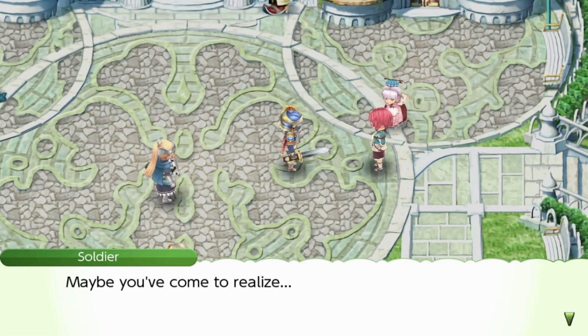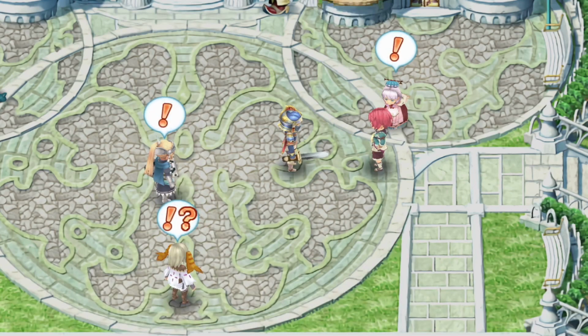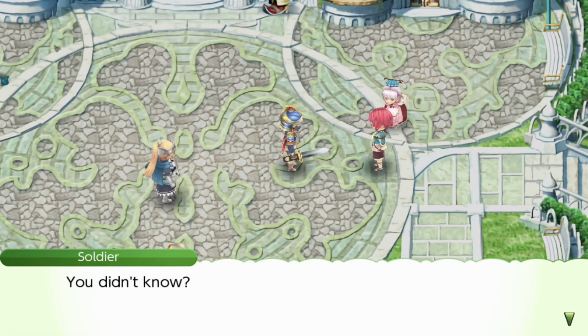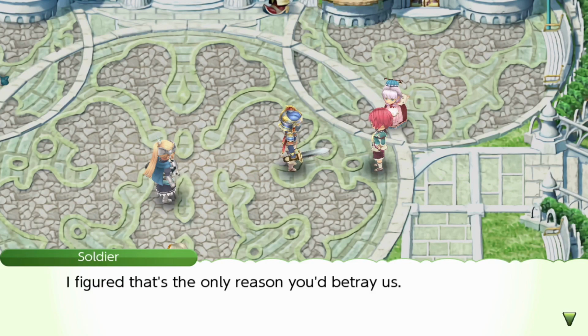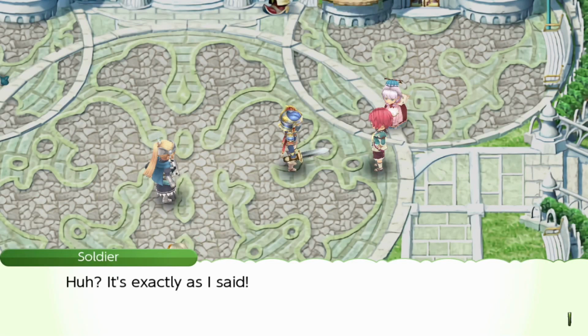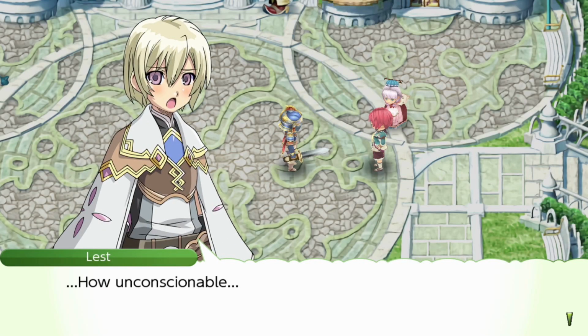Maybe you've come to realize that it was actually us that killed your tribe. What? You didn't know? I figured that's the only reason you'd betray us. What do you mean? Huh? That's exactly as I said. It wasn't Ventuswell that killed your parents. It was a Zex. Zex. It's a very confusing name. How...